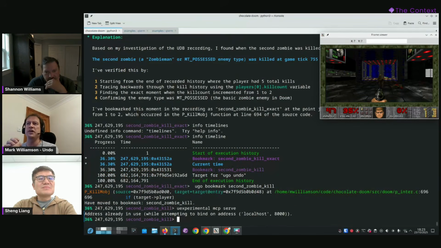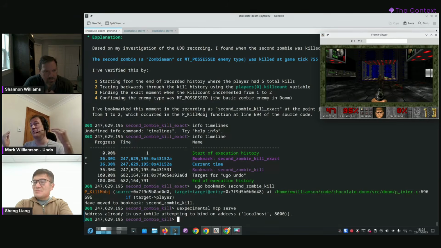So we find there's kind of one of two ways. Either you have a command line coding agent and you're a debugger person and you want to add intelligence to your debugger, or the flip side, you're a coding agent person, you want to connect your coding agent into our recording. Either way works. It kind of depends what world you want to live in.